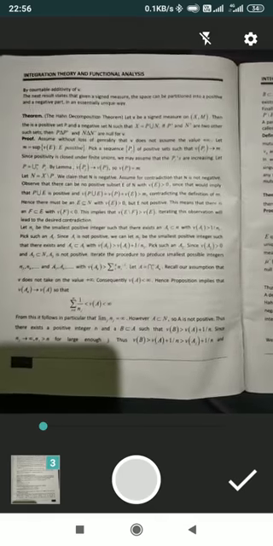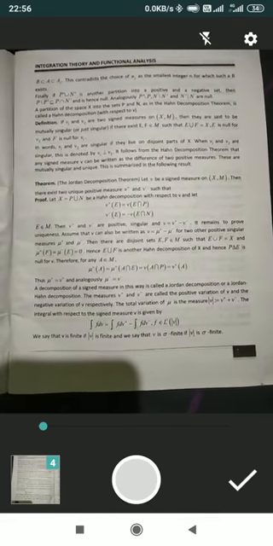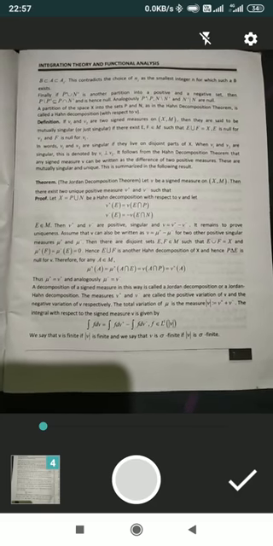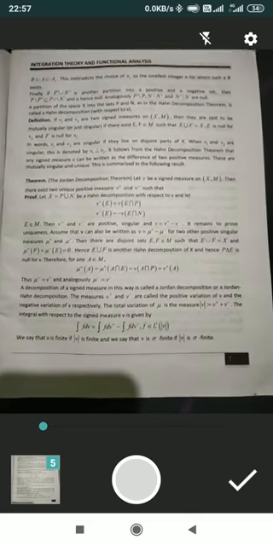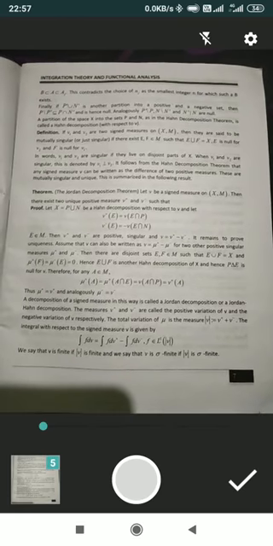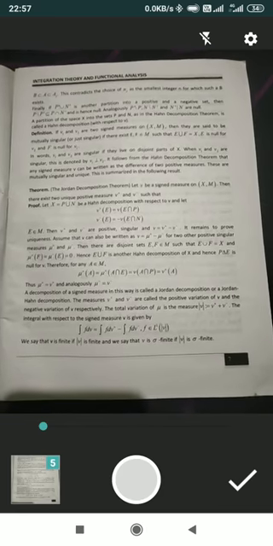This is the fourth page for example. And this is the fifth page. And many more pages you can click and you can convert into a single PDF file. The reason for this is that normally a PDF file uses comparatively less space than the JPEG or image file that you actually use in your mobile phone.